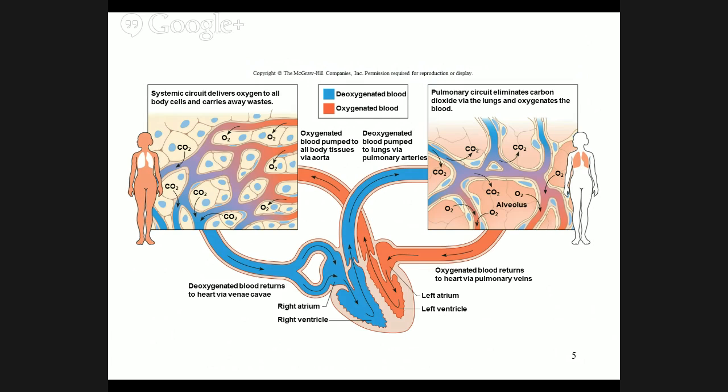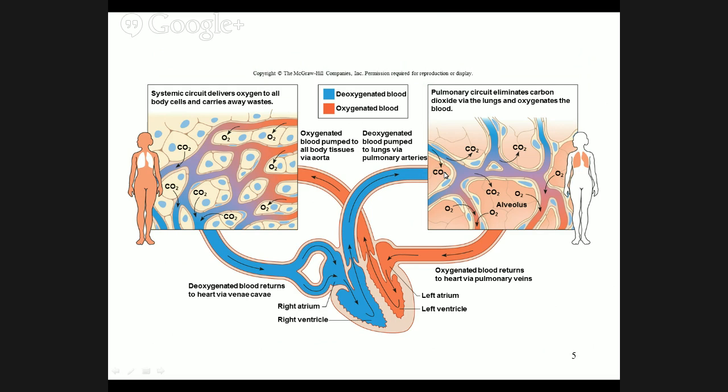This next slide shows how the systemic circuit works and how the pulmonary circuit works. The systemic circuit delivers oxygen to all body cells and carries away the waste. The blood returns to the heart via the superior and inferior vena cava. It travels into the right atrium and flows through the tricuspid valve to the right ventricle and is then pumped through the pulmonary semilunar valve to the pulmonary arteries to the lungs,